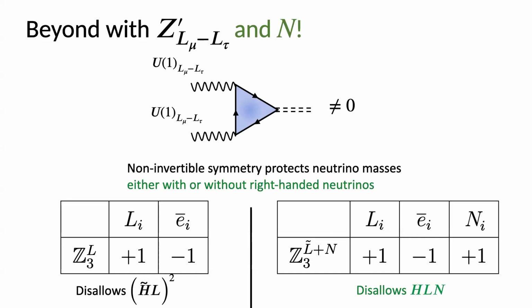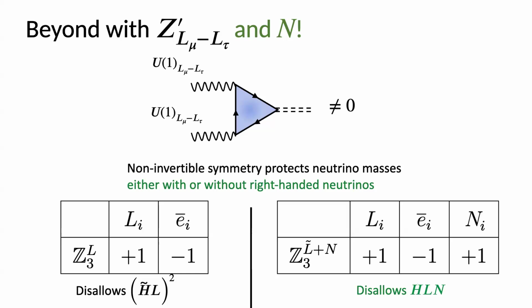But again, the important part now is a Z3 subgroup, which is generation independent and gives the standard model leptons the normal lepton number charges, but gives right-handed neutrinos the opposite charge. And so now this non-invertible symmetry protects both Majorana and also Dirac masses. Okay, and now I want to follow our model building strategy and look for a theory that introduces L_mu minus L_tau monopoles.